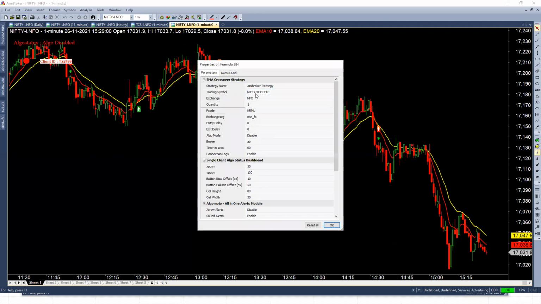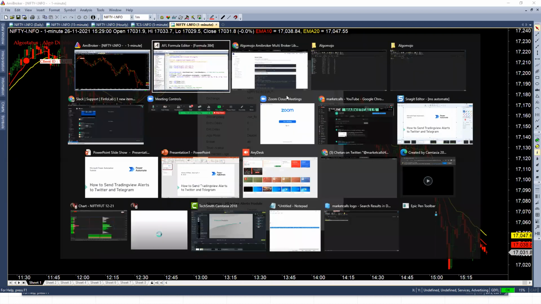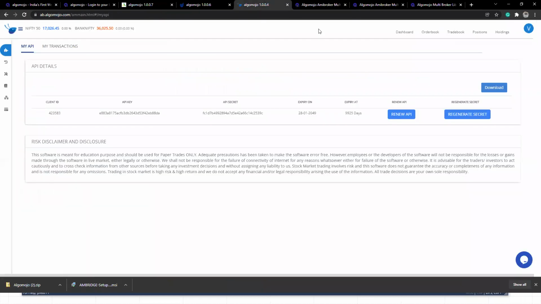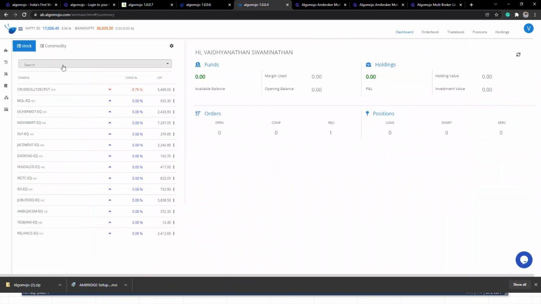Some different brokers might use a different trading symbol. This is a commonly used symbol, like December 21 future. However, if you're using a broker like Alice Blue, you have to be a bit careful choosing the symbol because they use a slightly different format, particularly for futures and options, monthly and weekly contracts. The symbol will be different from other brokers. So you'd better go to the trading terminal and select the particular contract, let's say Nifty future. So I'll simply type Nifty FUT.